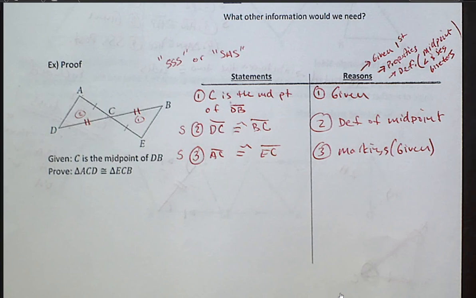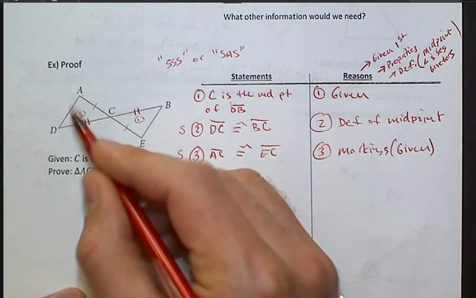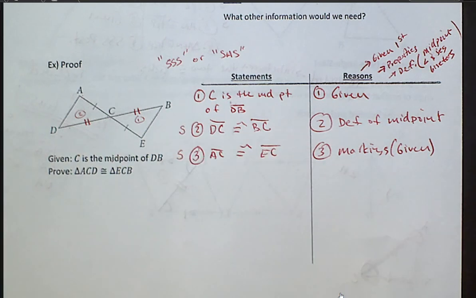Is there any way we can say BE is congruent to AD? There's not. They don't share a side. You can't take out a ruler and measure it. There's nothing you can do. And please just don't put 3 tick marks there and say, you know, reflexive property or something that doesn't make sense. The only thing we have left is what's given to us